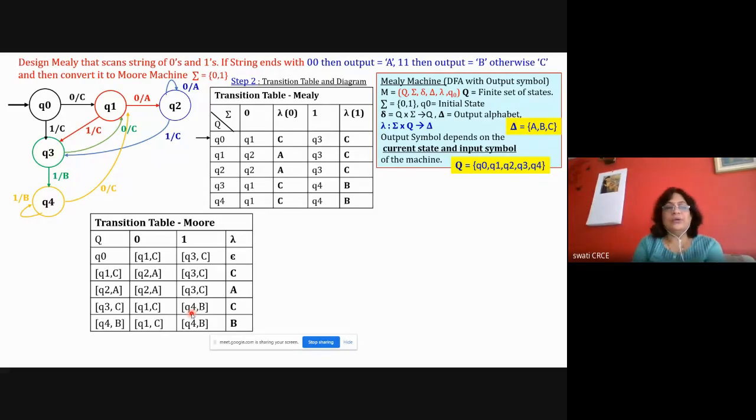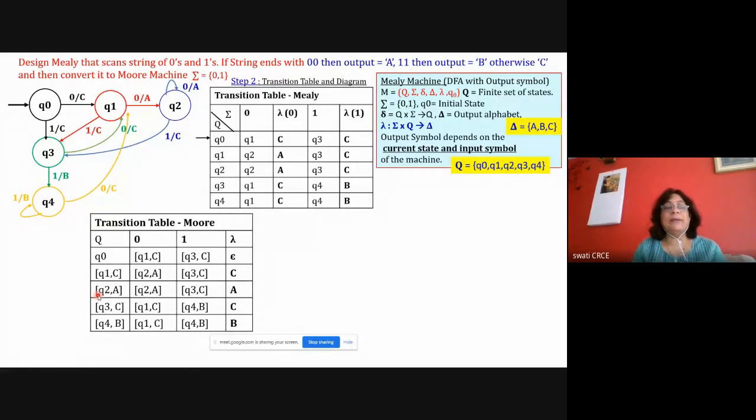Okay. Now you take the next state, Q4. So refer to the table for Q4. Q4 occurs two times, and both times the output symbol is capital B. So for Q4 comma B, the output symbol is capital B. So write down that. Now for Q4B, for transition it is Q1C, write it here, and Q4B, write it here. Okay, so now the table is done. Once the table is done, then you draw the diagram.